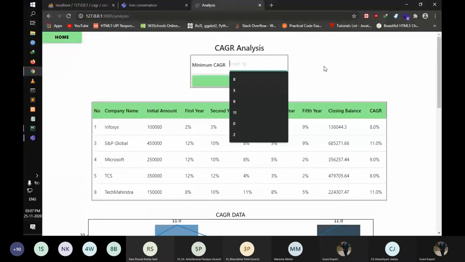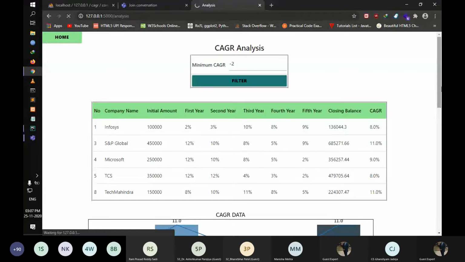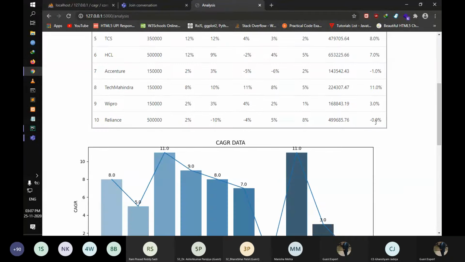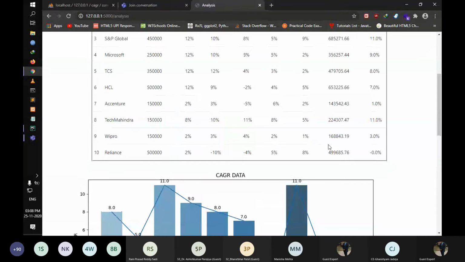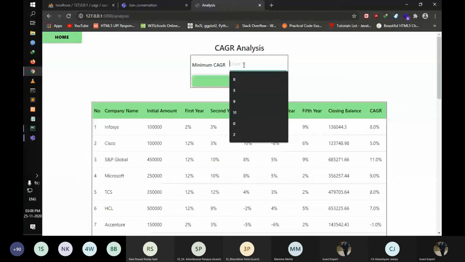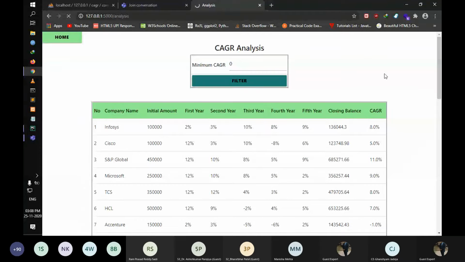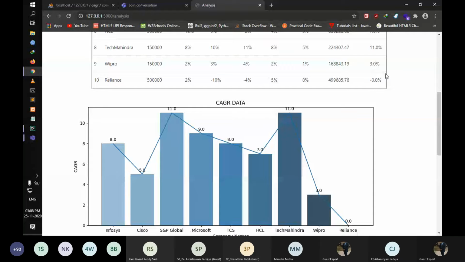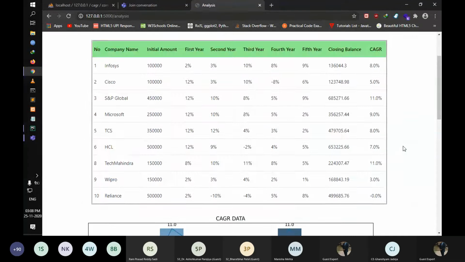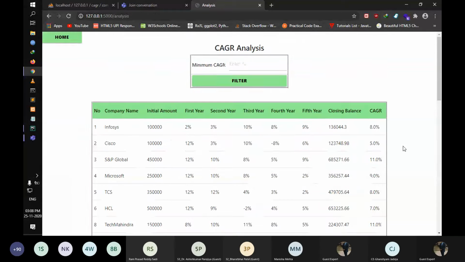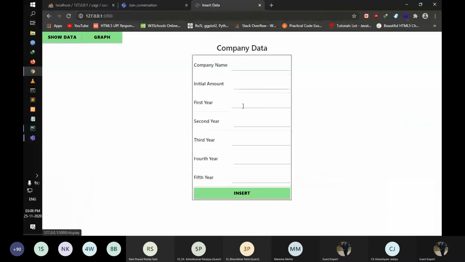If I take -2, then it will show the data above it. So you can see that we get 0, 0, -1 as well. So it's showing all the data. If I take 0, so it comes with 0. The -1 is not displayed now. And it's properly arranged, and it doesn't miss a space or something. So this is the basic idea of the project.